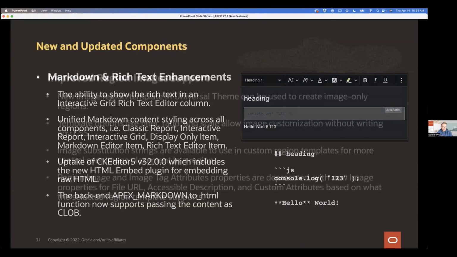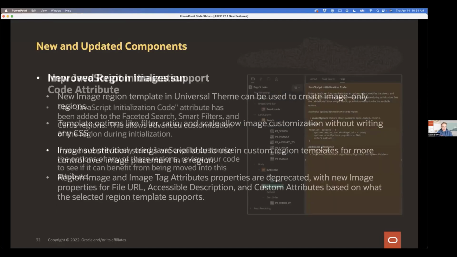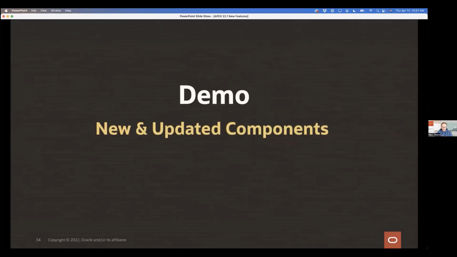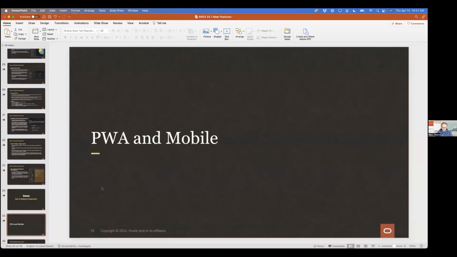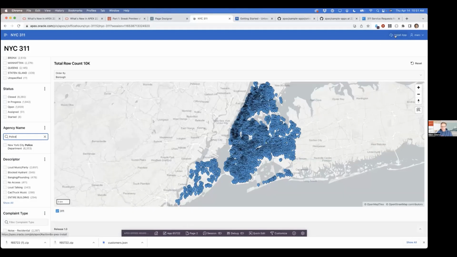All right, we talked about Markdown, image support, and JavaScript initialization. And then lastly, I want to talk about PWA and mobile. PWA have been around for, I guess, 2 releases now. And with each release, we enhance our PWA features. So I initially showed you how I had this install button. So when I actually install this on my Mac here,